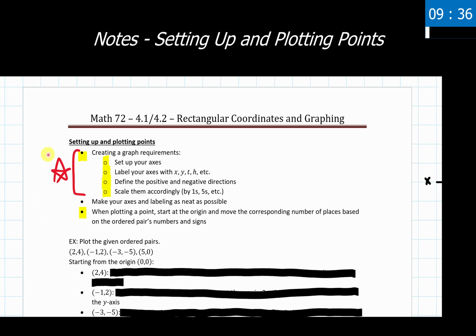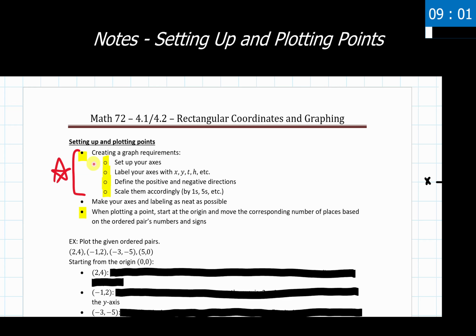For my particular class, these are an absolute must requirement for all of your graphs. If you are not including any one of these or more of them, then I will not be grading your assignment. I will not be grading the test question, and that question will automatically be given a 0. These are the requirements that we need for all of our graphs, and I tend to find that anyone who is missing one or more of these generally starts to get wrong answers on graphs anyways.